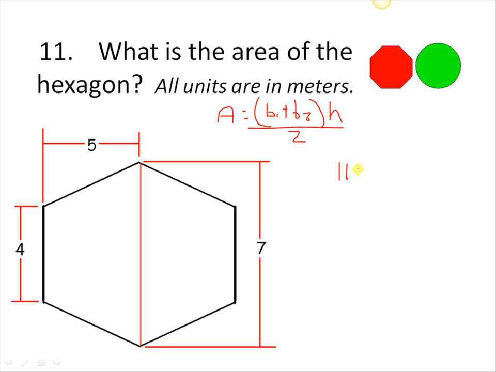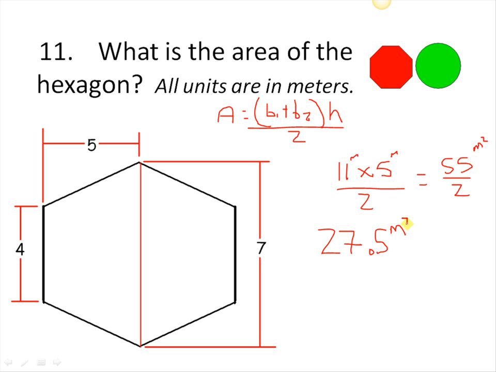And I'm going to multiply that times the height, and that's 5, and we're dealing in meters. And I'm going to divide that by 2. 11 times 5, that's 55. Divided by 2. And by the way, this times this is going to give me 55 meters squared, because this is meters in one direction and this is meters in another direction, and it's an area that we're seeking. Okay, now 55 divided by 2 is 27.5. Okay, so I have 27.5